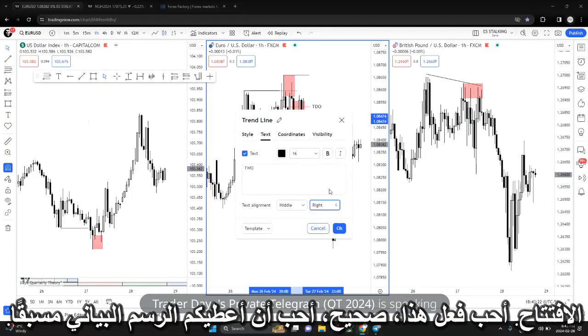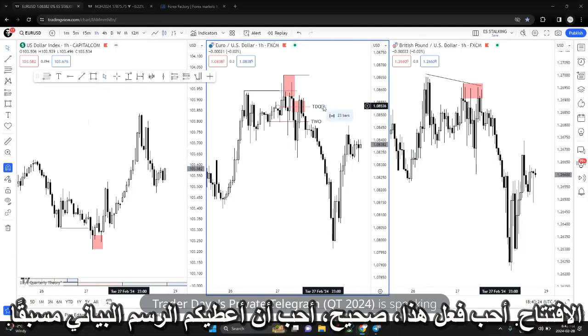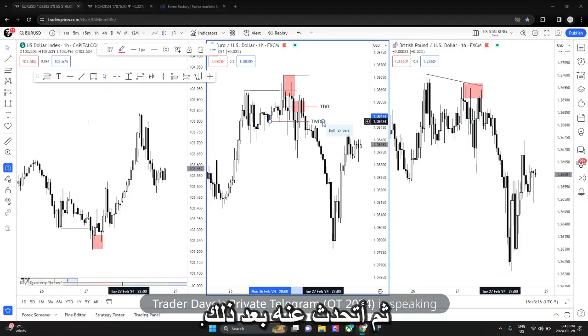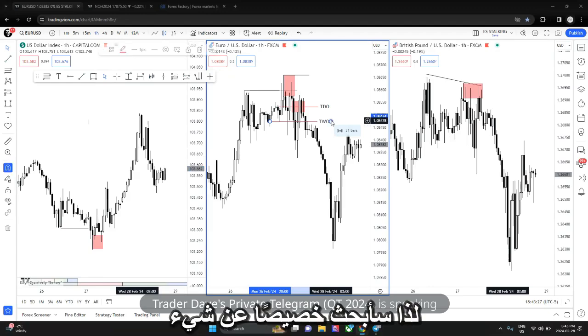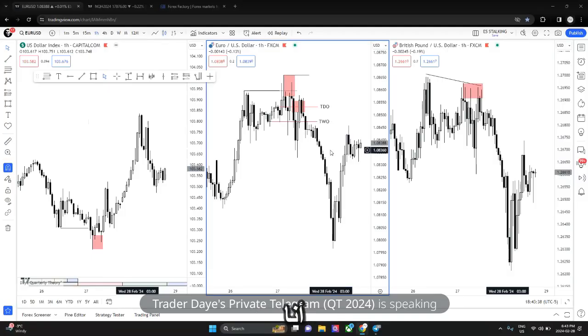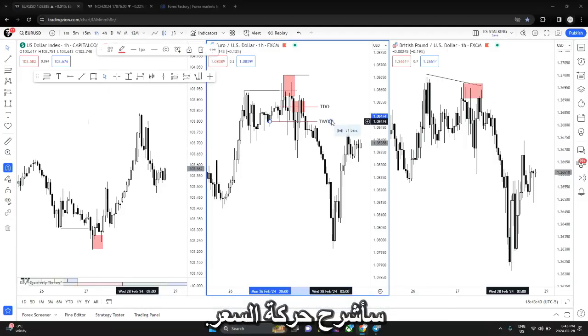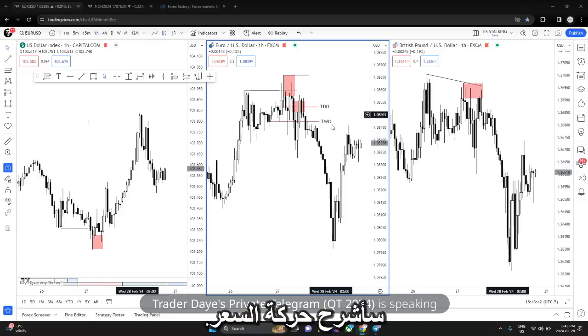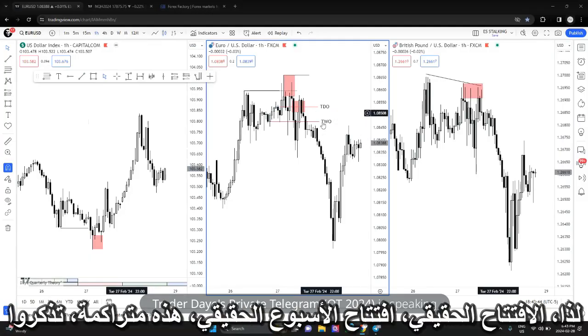I like doing this, right? I like giving you guys the chart beforehand and then talking about it afterwards. So I will specifically look for something that I am planning to talk about on Wednesday. Then I'll give you the chart beforehand and then afterwards I'll explain the movement of price.